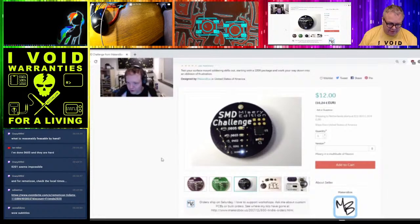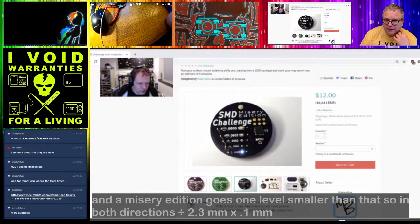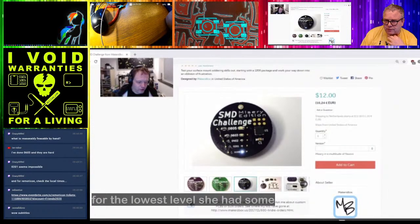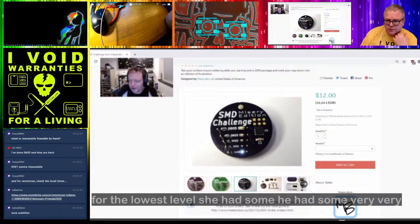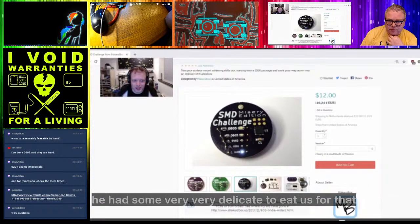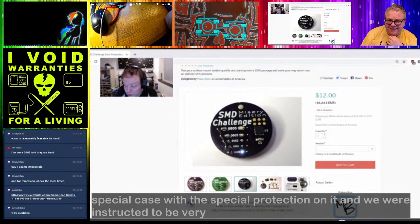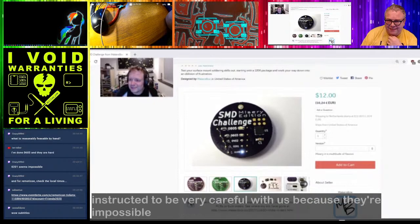Especially not with my soldering iron, because I don't have tweezers. Yeah. With Clement's soldering workshop, for the lowest levels he had very, very delicate tweezers for that, in a special case with a special protection on it. And we were instructed to be very careful with those because they're impossible to purchase. Yeah. So Crazy is asking,